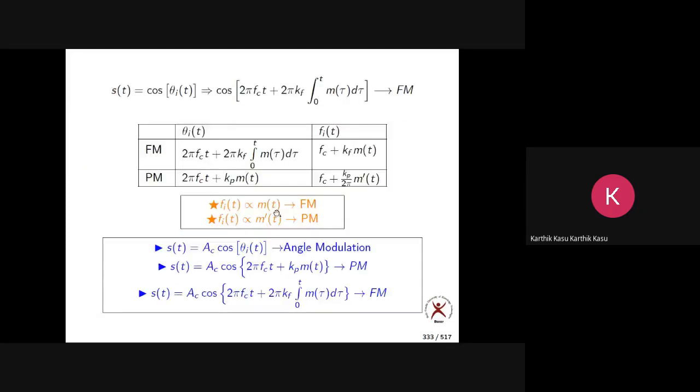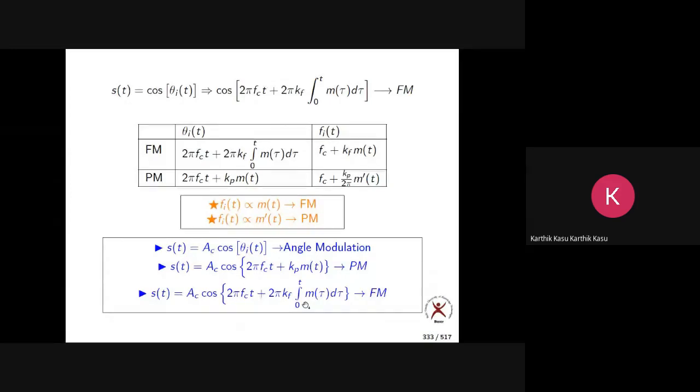Okay, so to the frequency modulator, the input is not m of t. Instead of that, the input is what? The differentiation of m of t, or m dash of t. Now here what happens? S of t equals AC cos 2 pi f ct plus 2 pi kf integration 0 to t m dash of tau d tau. Now here we have two things, integration and differentiation.